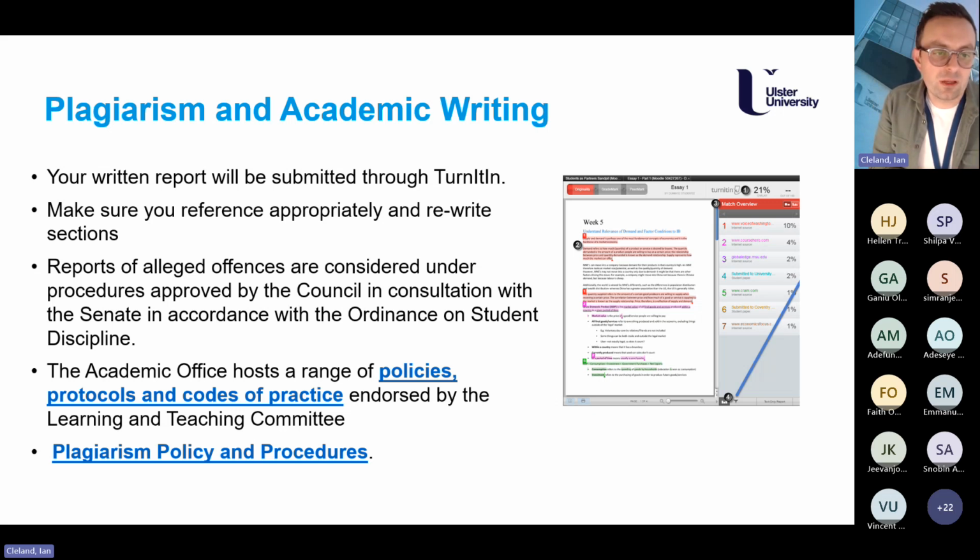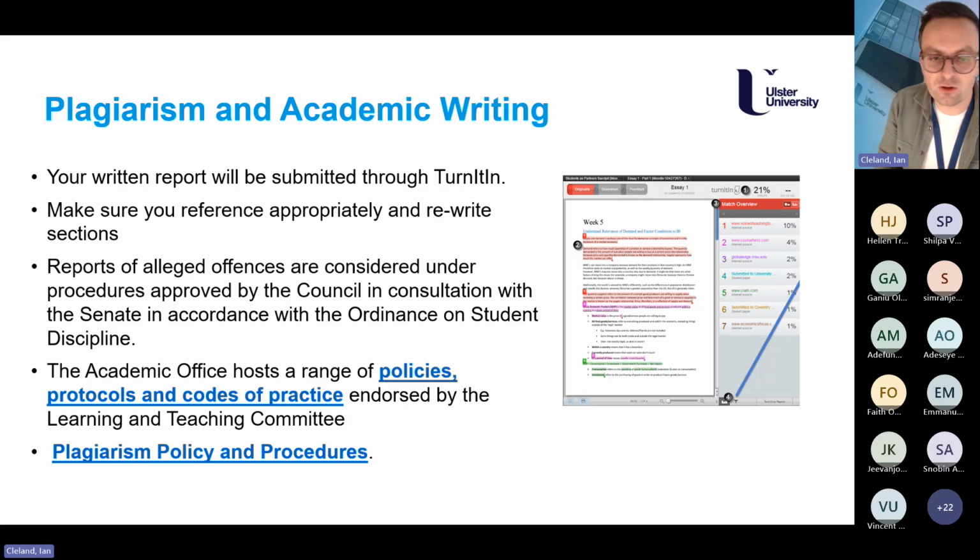So with the paper in mind, I also just want to highlight plagiarism and academic writing. So that 8-page IEEE formatted paper will be submitted through Turnitin, which is the university's similarity software, which means it will be compared with other sources that can be found online or that have been submitted by other students, either to Ulster University or to other universities worldwide that use Turnitin.